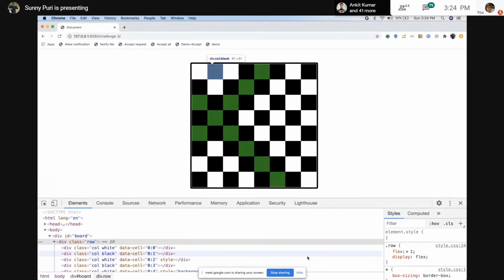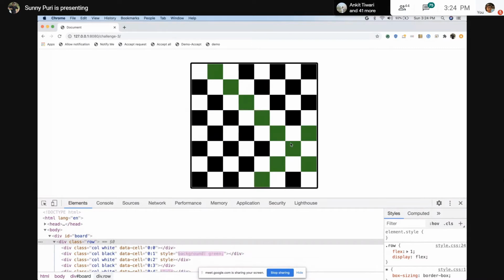You can tell right now color is hard coded. So sometimes you're stuck with the time. Like I have given you 60 or 90 minutes, right? So you can say in 60 minutes I have done this part, and if I get more time, I can scale it to the next level.